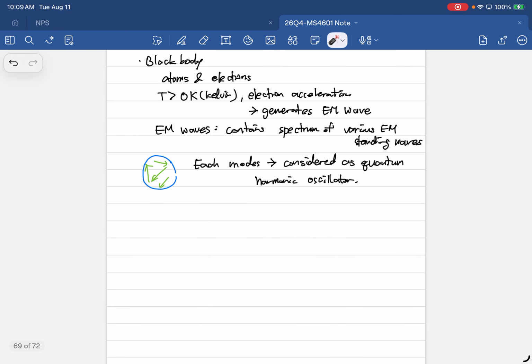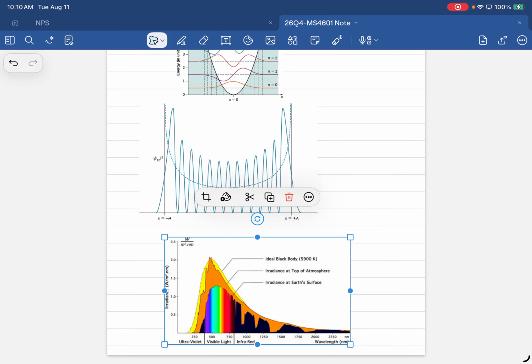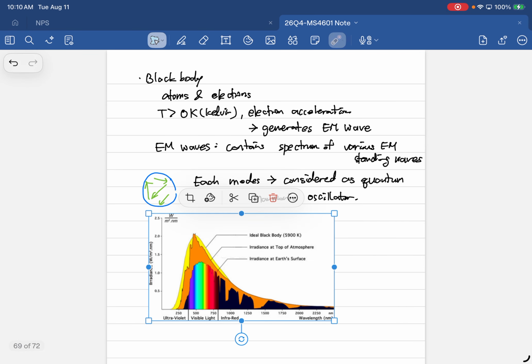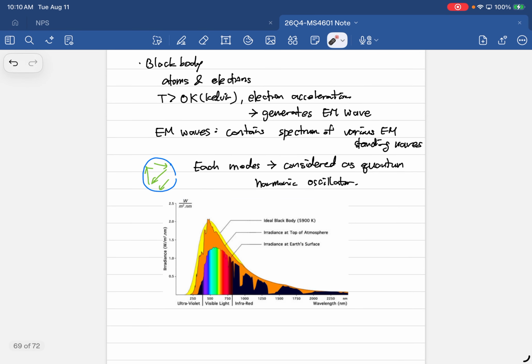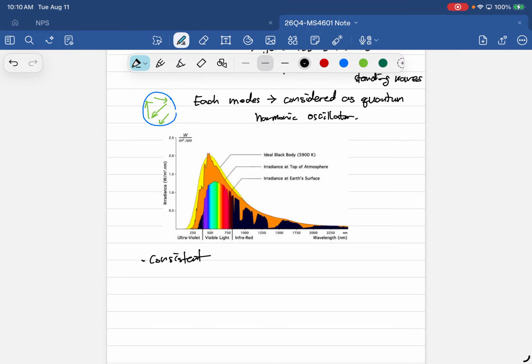And this one, we saw this figure before. For an ideal black body at a given temperature, for example 5,900 Kelvin, it has various irradiance or emittance at various wavelengths. So at this particular frequency or wavelength, that one can be thought of as a harmonic oscillator. Okay, so this is also, not surprisingly, consistent with